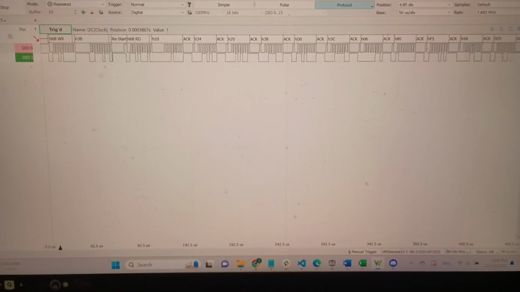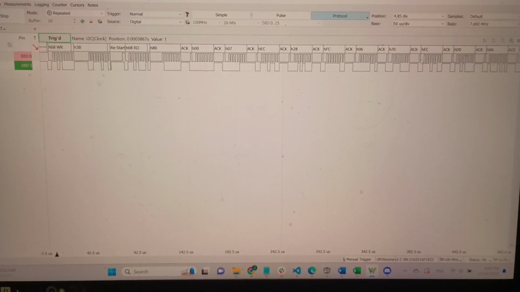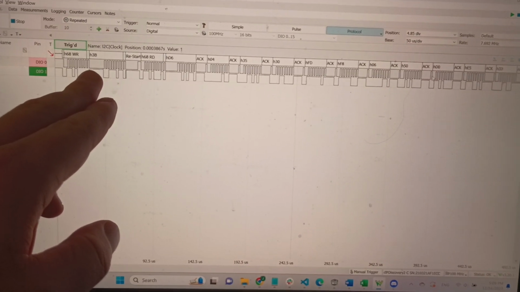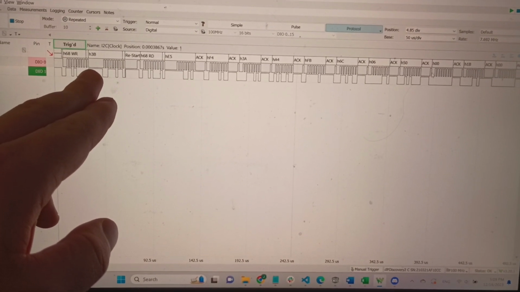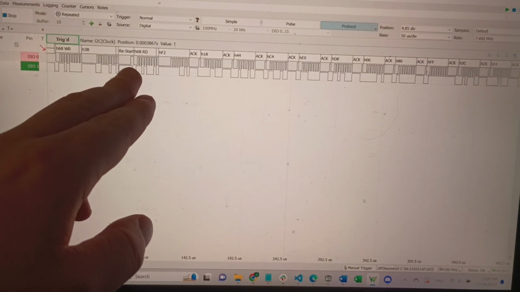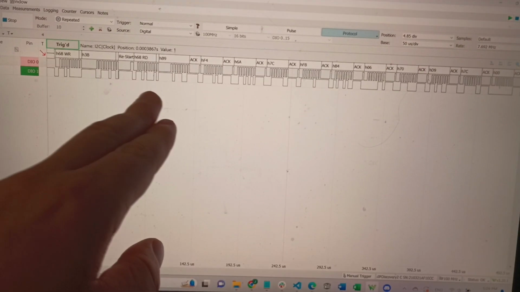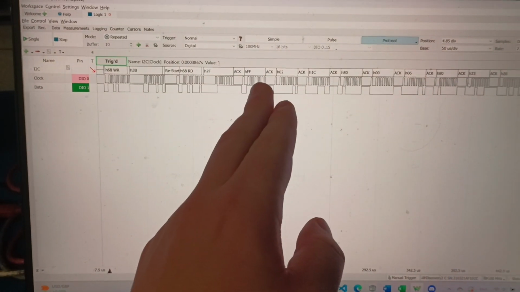This I2C protocol is currently shown in the data strips here. This is graphed using waveforms from the AD2. As you can see here, we have the write function to the IMU. We then acknowledge, and then we write to it the register we would like to read from. We restart the process, then write to the IMU saying we now want to read, and now the IMU gives us data. As you can see, we acknowledge every time we receive data, and then the IMU gives us more